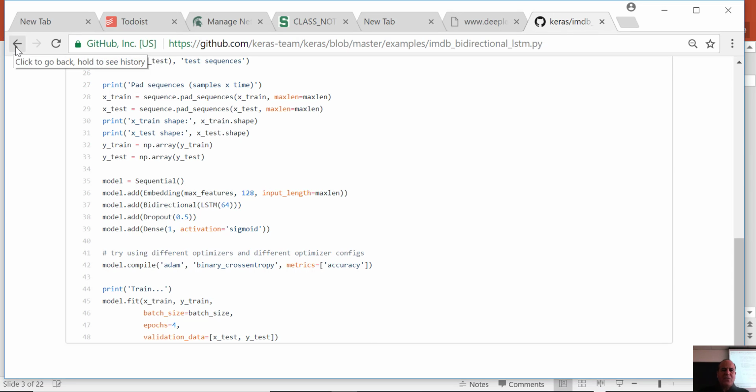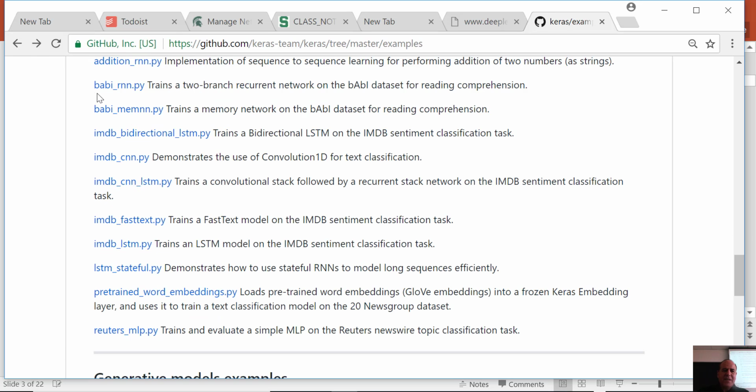So that's one example, and another example is this pre-trained word embedding. The previous example has the bidirectional capability. It just uses LSTM bidirectional, right? This example, the pre-trained word embeddings,